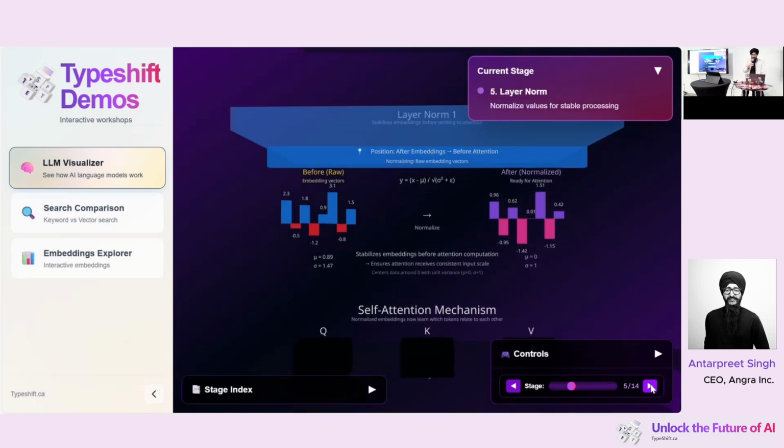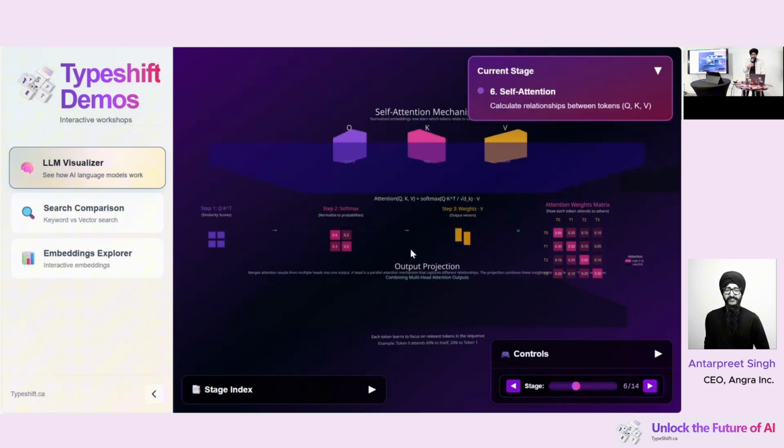And then the layer normalization. So this is more maths. It's just normalizing all the values that it received before around 0, so that the next step can easily process the data. And then self-attention is where it's basically